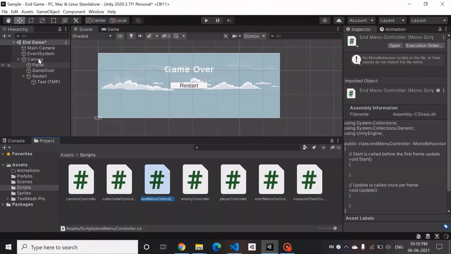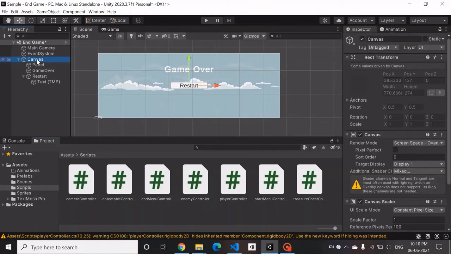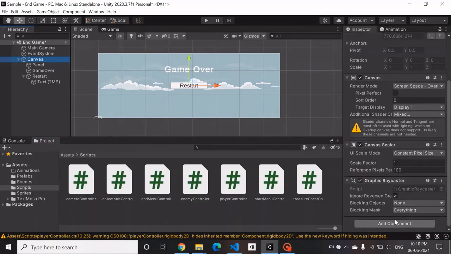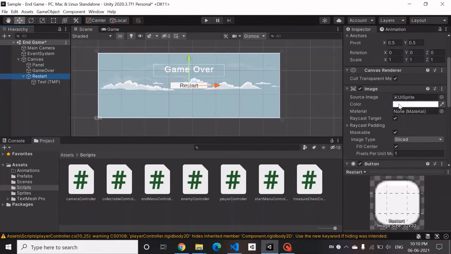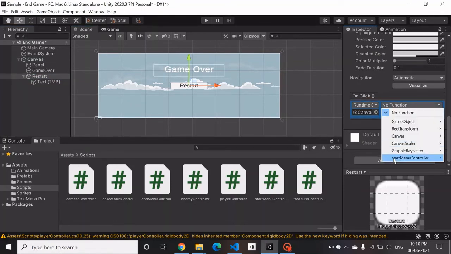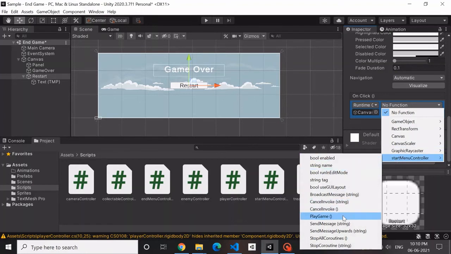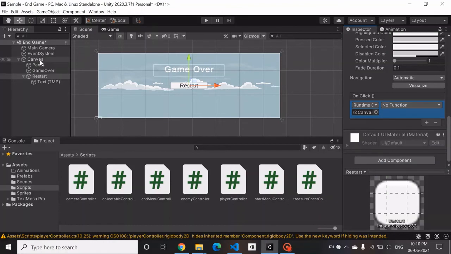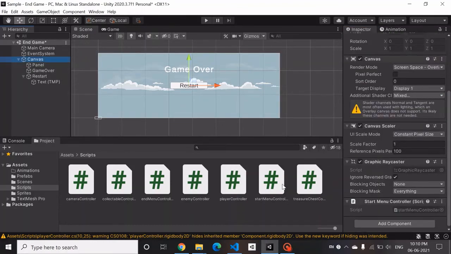Apply it to canvas or the restart button itself. It's your wish. You just need some object that has that script. Go back to the button and add on click. Drag in the object, go to the start menu controller, and you have the, sorry, we wanted to add the end menu controller, not the start one.